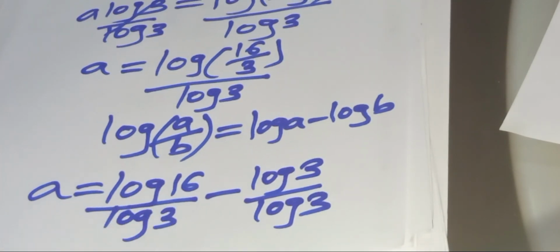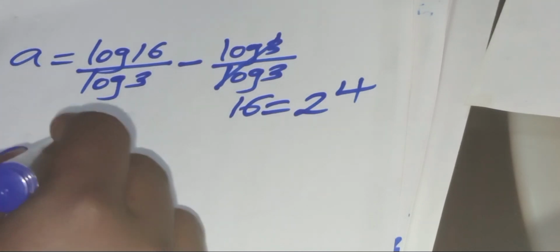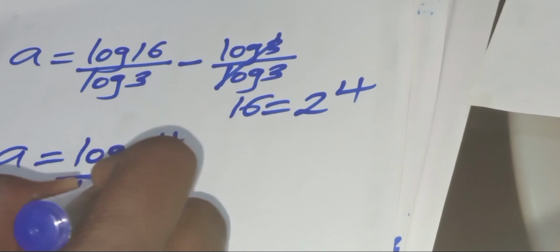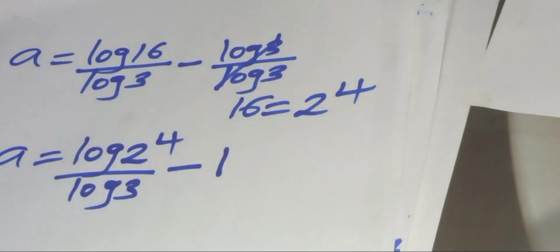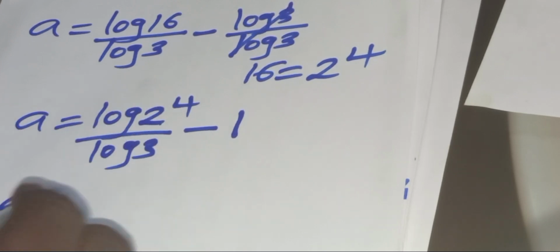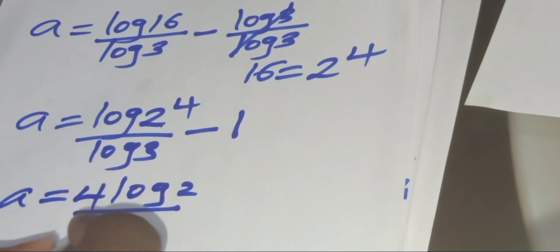Now let's proceed. Have a is equal to log 16 divided by log 3, subtract log 3 divided by log 3. Now if you simplify, this becomes 1. And then again, from what we have here, we can express 16 as 2 to the power 4. Now substituting this, we'll have a is equal to log 2 to the power 4 divided by log 3, subtract 1. Now applying the power rule property, log 2 to the power 4 becomes 4 log 2,